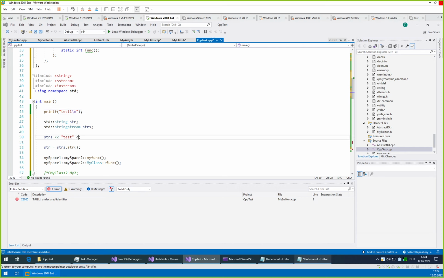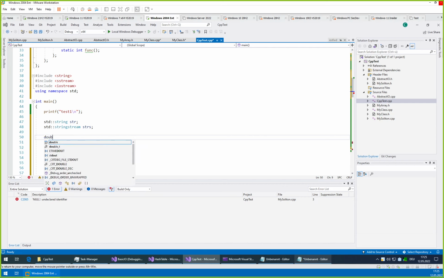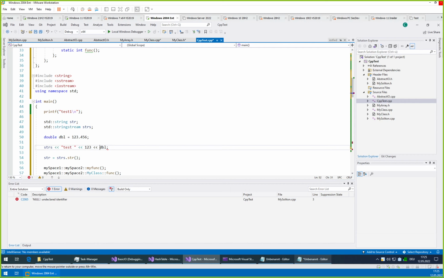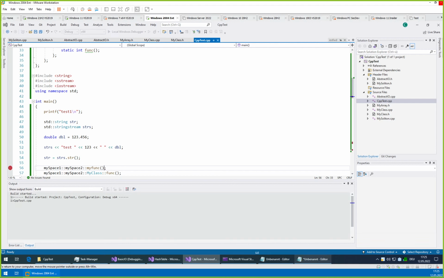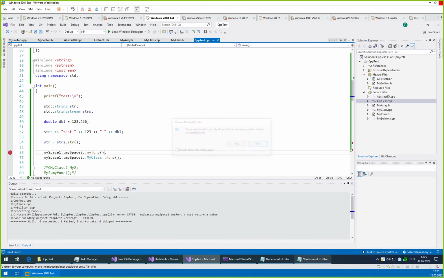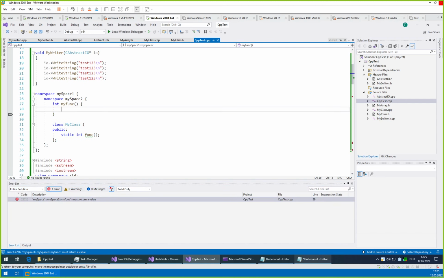And you can use these bit shift operators. They are often abused by the std library to allow you to add values of any kind to a string. So you can have a string, you have a double, you can mix and match as much as you want. We should make a space here. And at the end, when you are done, you just call str, and then you will get a nice string with all those. Yes.